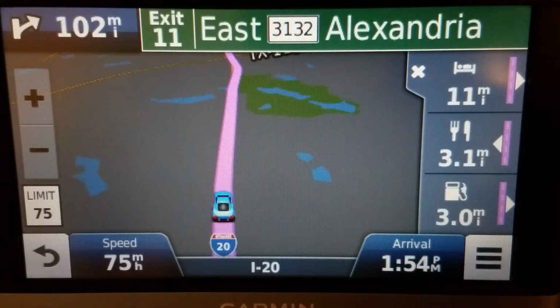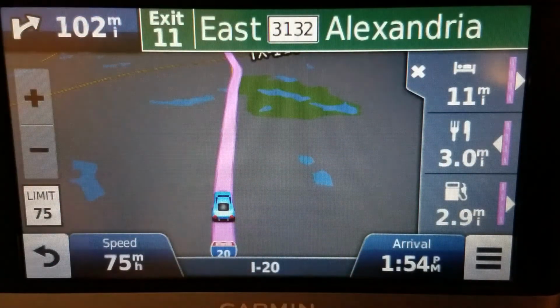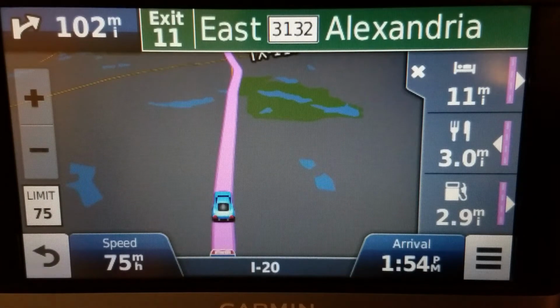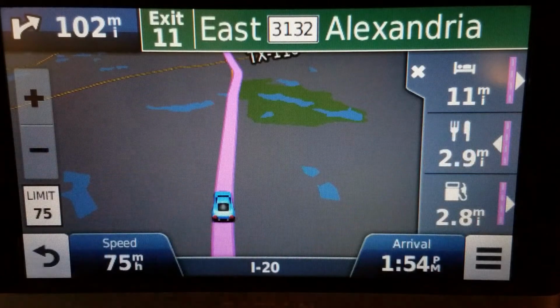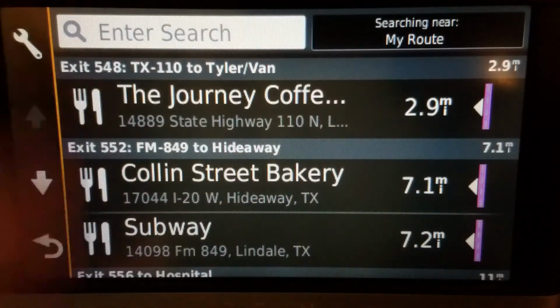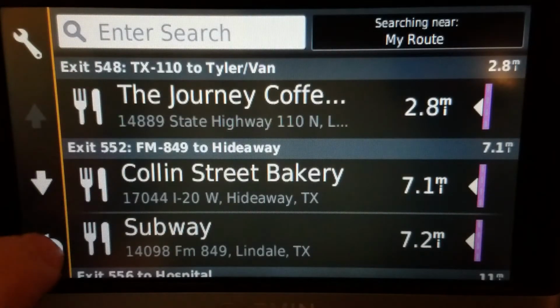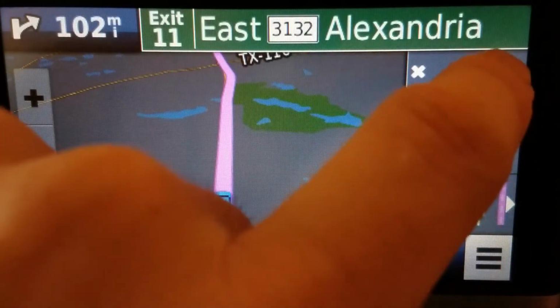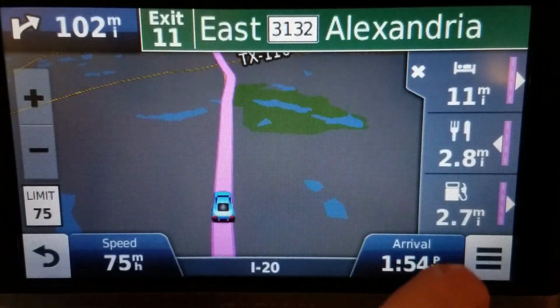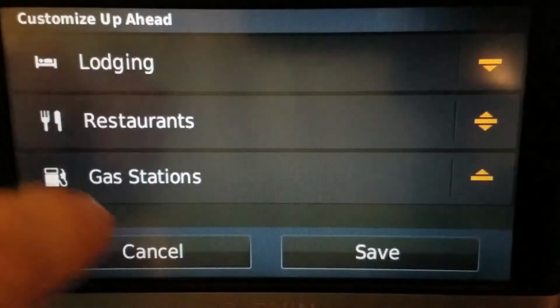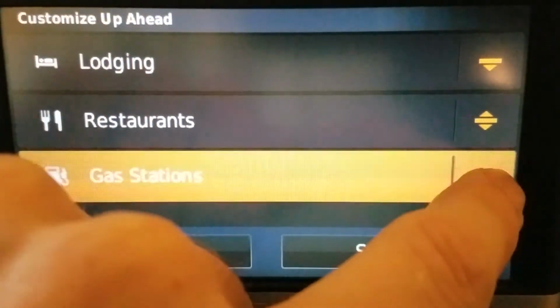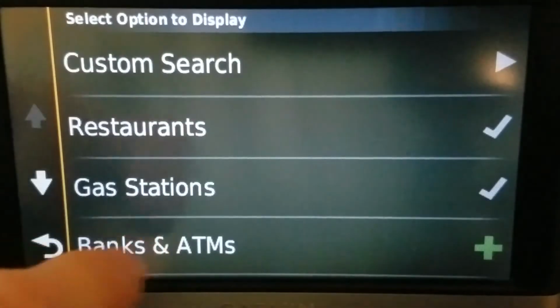Now it's showing the symbol for the lodging at 11 miles away. We've got the restaurants in 3 miles and gas station also in 3 miles. And if I click this one, there it is. So if I want to change it back to the way I had it, tap any one of them. Okay, so I had gas stations,